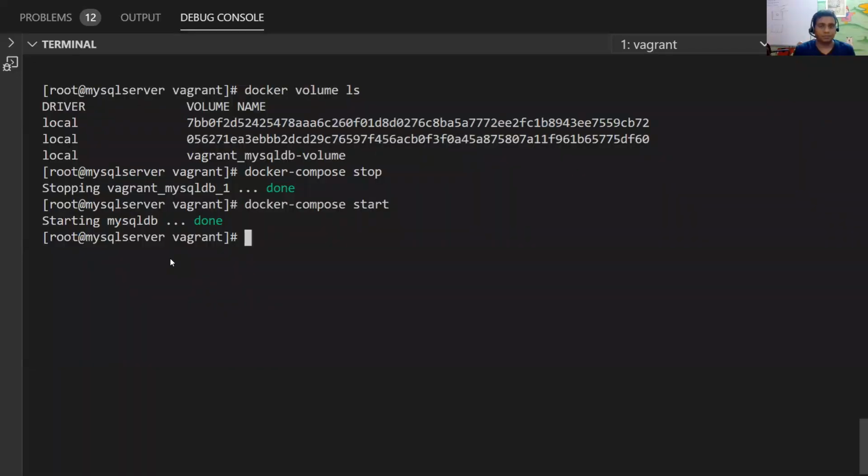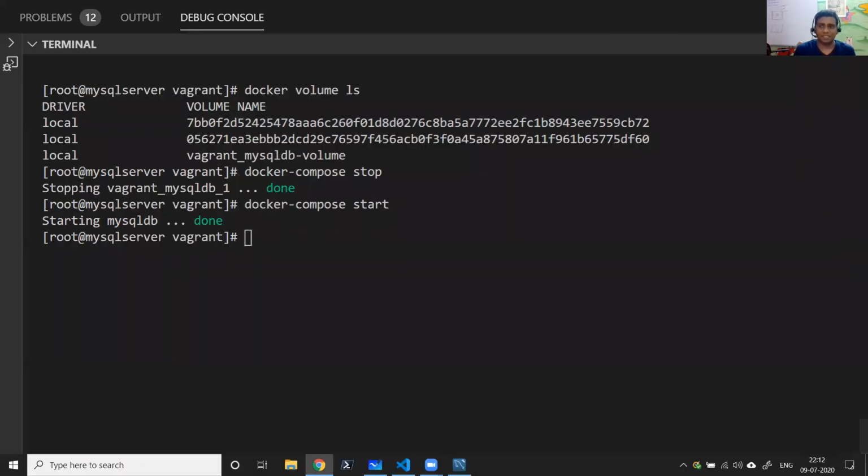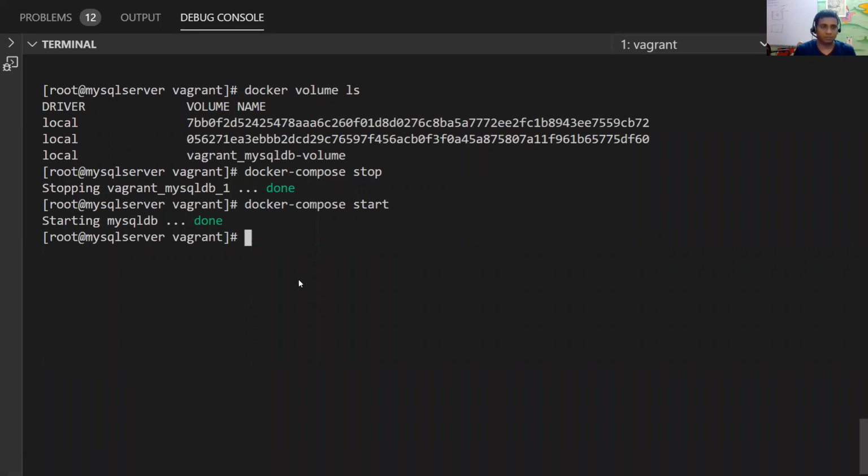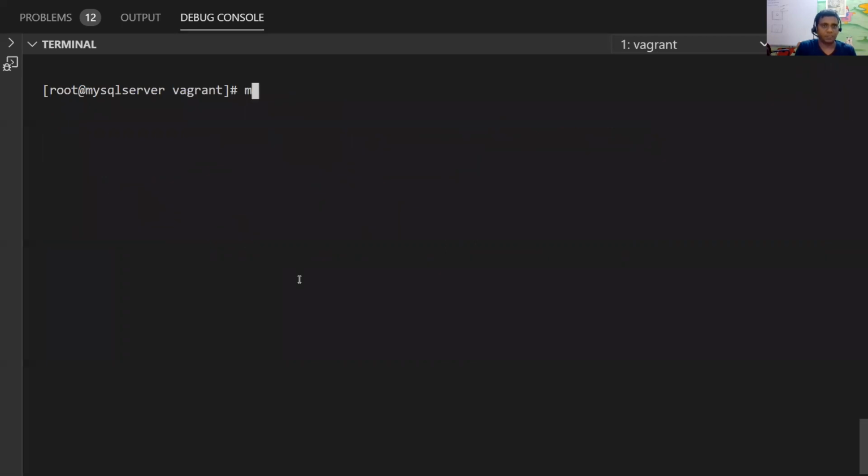The rest is very standard. If you want to drop a table, let me connect to the MySQL DB: docker-compose exec mysqldb mysql --user=root --password=admin. You can connect like this.